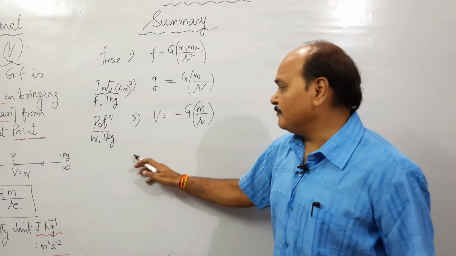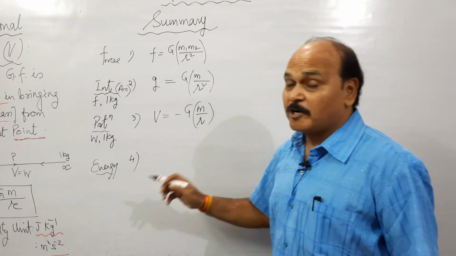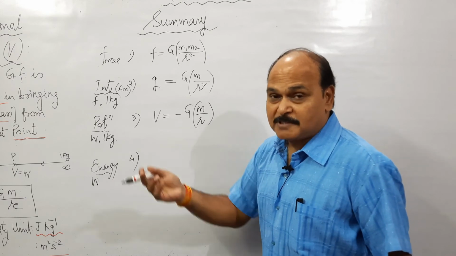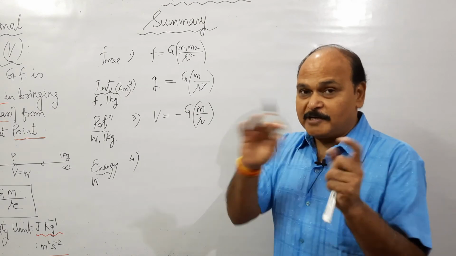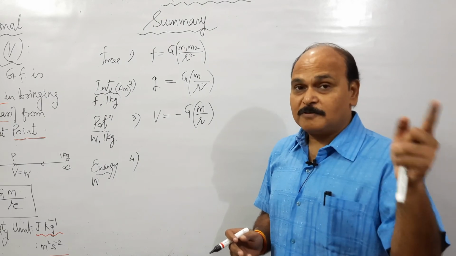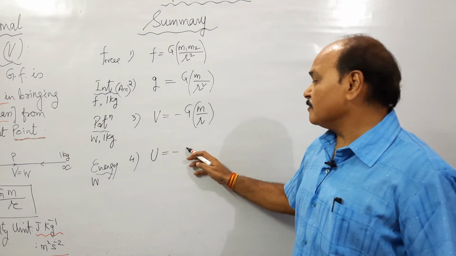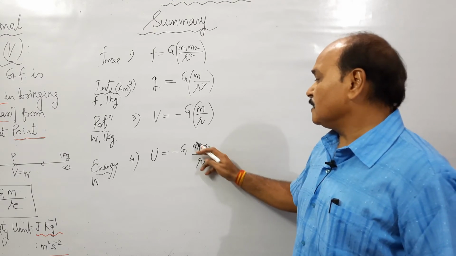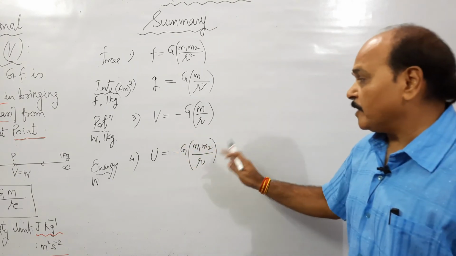And finally we studied gravitational potential energy, and gravitational potential energy of 2-point mass system is what? Potential energy of 2-point mass system is work done in making that particular mass configuration. If we individually find out the potential energy of the masses, it is work done in bringing those masses from infinity to the given points in the gravitational field. So what is potential energy of mass m1 or m2, kept r distance apart? G m1 m2 by r. This is gravitational potential energy of mass m1 or m2 or 2-point mass configuration.